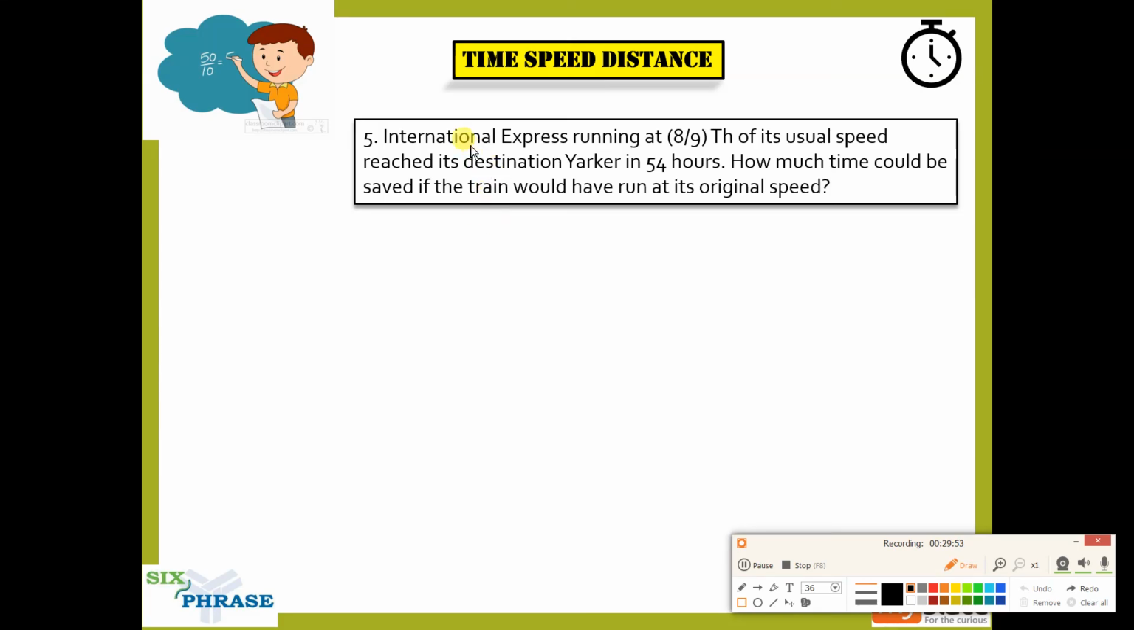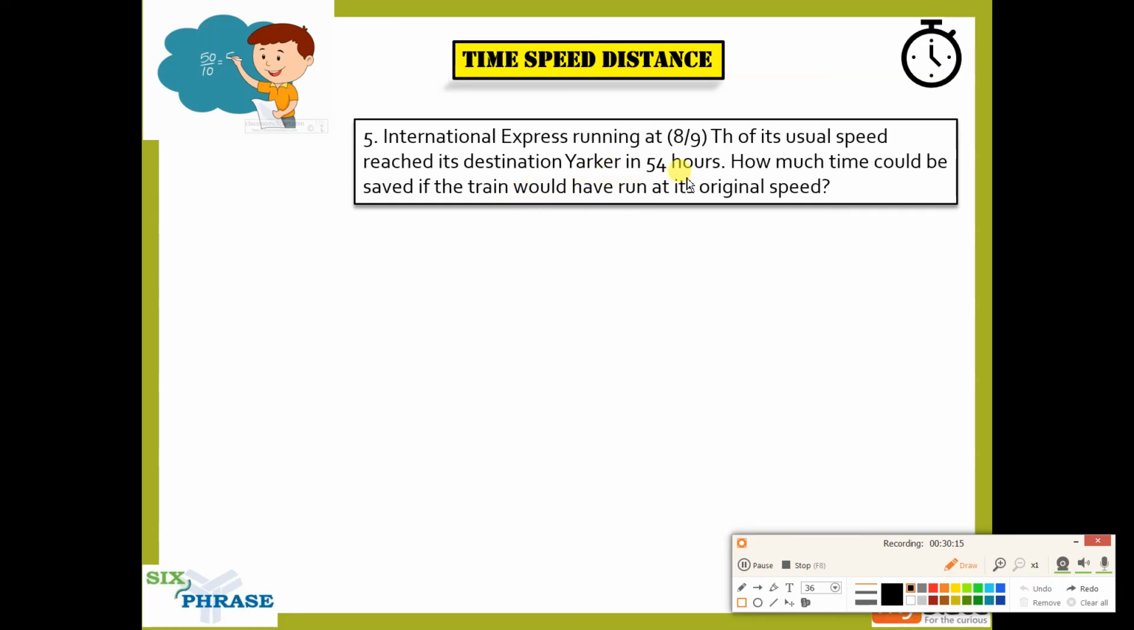Whenever you are asked to find time, speed, or distance, any one thing will always be the same. Either time will be the same, or speed will be the same, or distance will be the same. Because only then you can have a traction, a formula that you can use to solve these types of problems. Here, an international express running at 8 by 9th of its usual speed reaches its destination